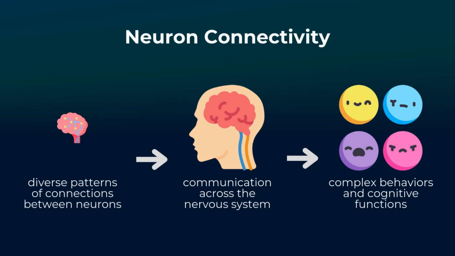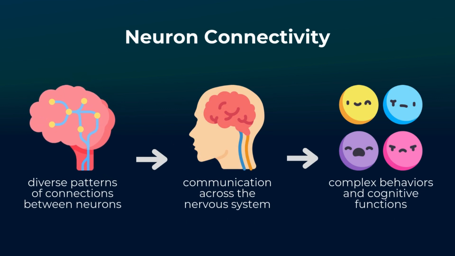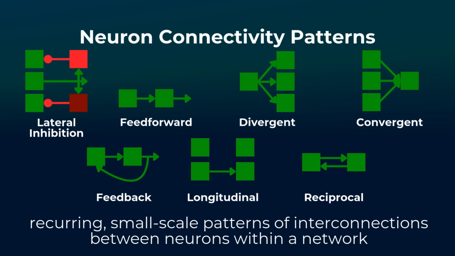Neuron connectivity refers to the diverse patterns of connections formed between neurons, facilitating communication across the nervous system to support complex behaviors and cognitive functions. These include lateral connectivity involving horizontal links within the same brain area for local integration. Longitudinal connectivity for coordinating activities along the body or brain axis, feedforward connectivity where information moves in one direction for